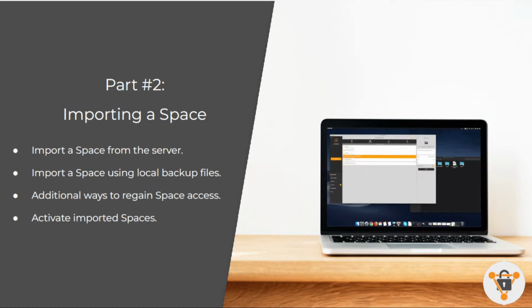So part two, importing a space. You typically need to import a space when you log into TeamDrive on a new device and you want to access spaces you're already a member of. For flexibility reasons, users have the choice to activate specific spaces on specific devices. And importing a space allows us to do that. So to import a space,